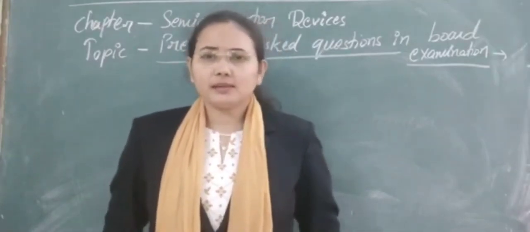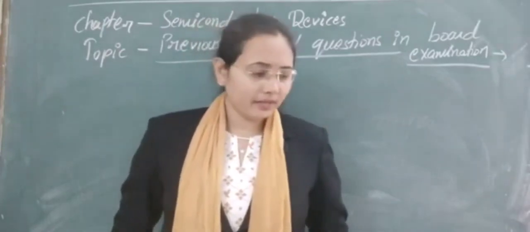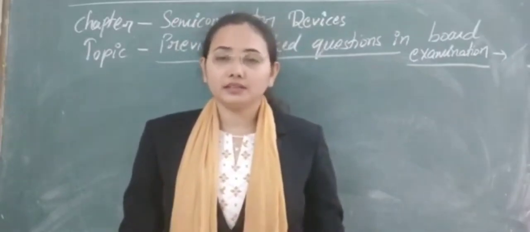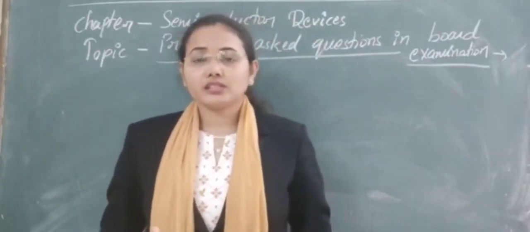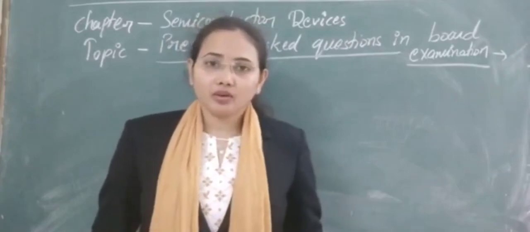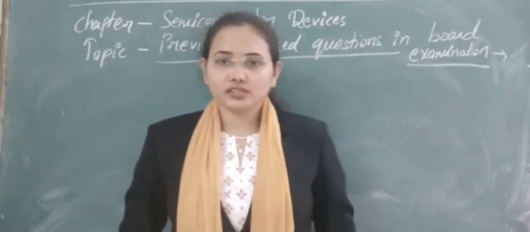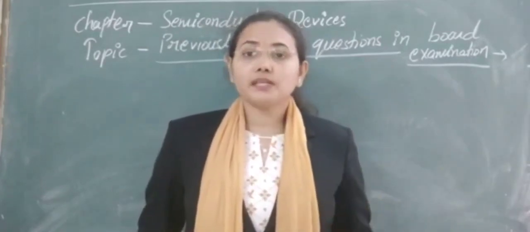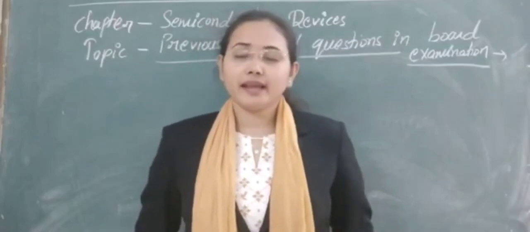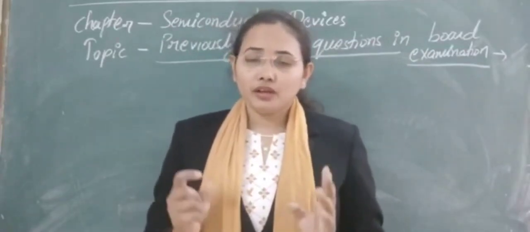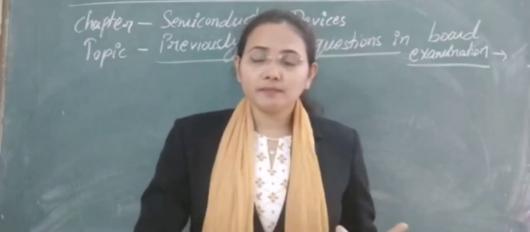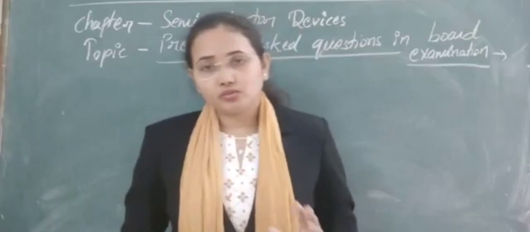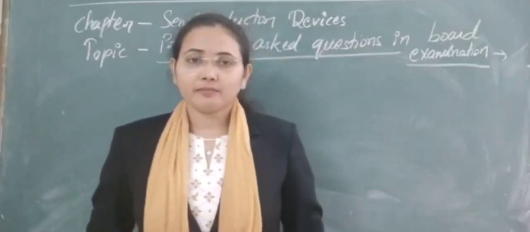Here we have a number of conceptual and theoretical questions, like some from semiconductors, conductors and insulators. Next, questions like p-type and n-type material, and also intrinsic and extrinsic semiconductors. Next the p-n junction diode, and the special purpose diodes that you have to study, and in those special purpose diodes, why we use some of the conditions. Based on that, conceptual and theoretical problems are both here, so we will discuss them one by one in this chapter.